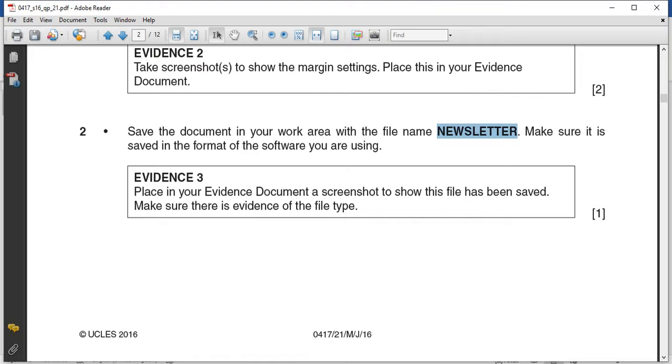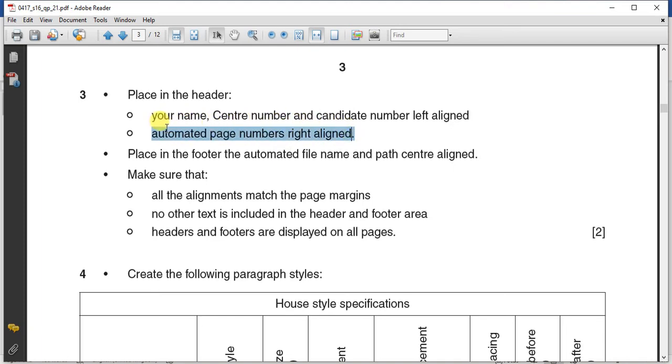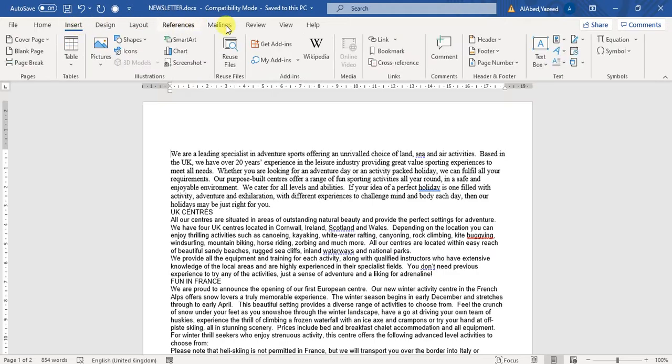Okay, what's next? Question 3. Place in the header your name, center number, candidate number, left aligned, automated page numbers, right aligned. Now, first of all, you have to remember that the automated page number, you have to make it before the name, center number, candidate number, because it will delete it. So I will do the page number, then my other details here in the newsletter, in the header,